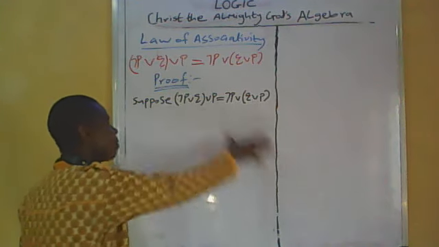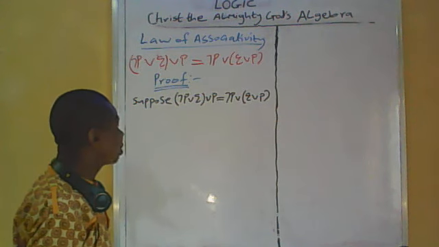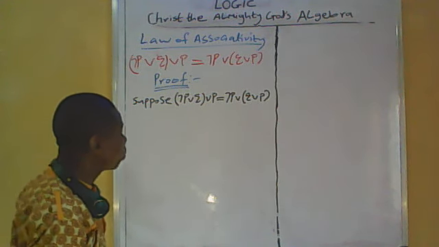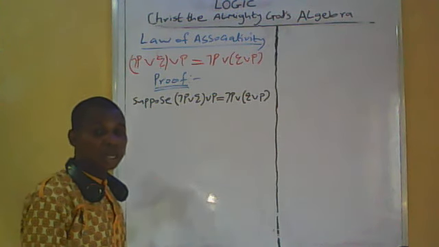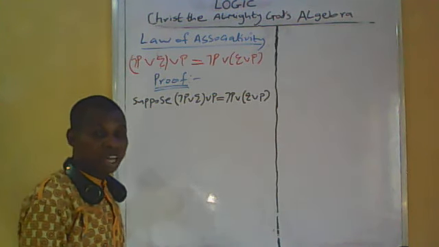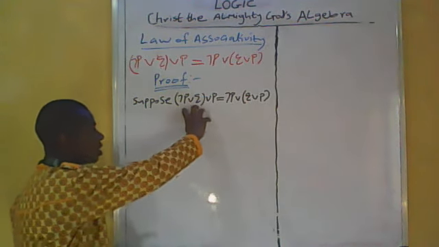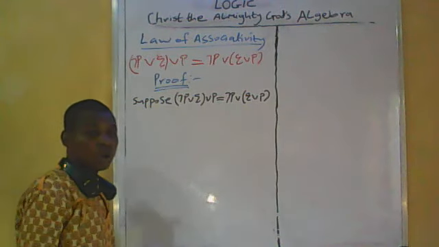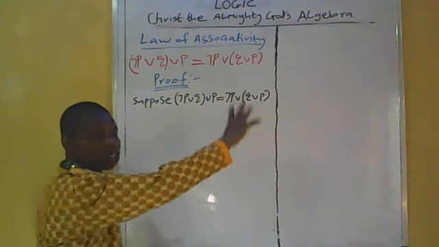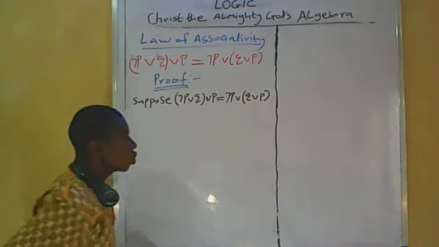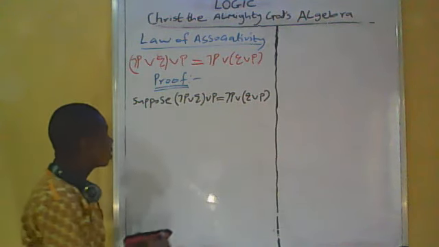That means it's our hypothesis that not P or Q in bracket or P is equal to not P or bracket Q or P. They are equal. If that is the case, since whenever the left hand side of the equation is true, also the right hand side of the equation is also true, whenever the right hand side of the equation is false, also the left hand side of the equation is also false, if that is the case, we say that if and only